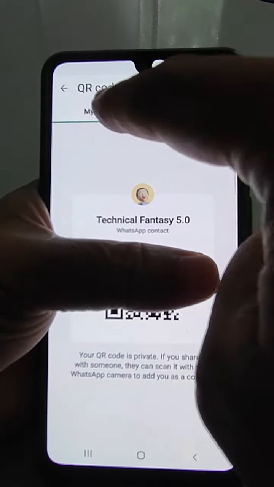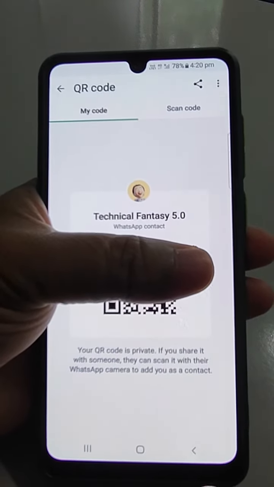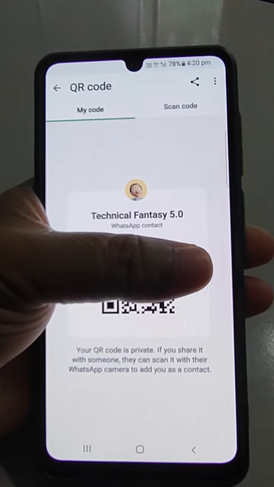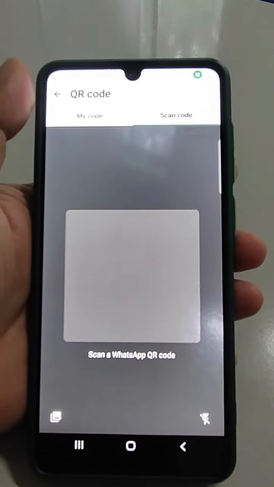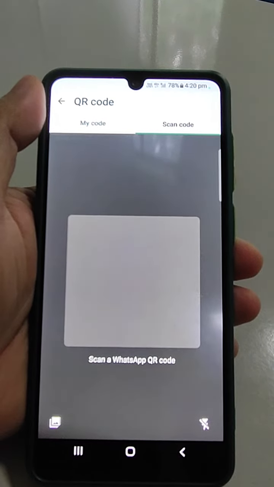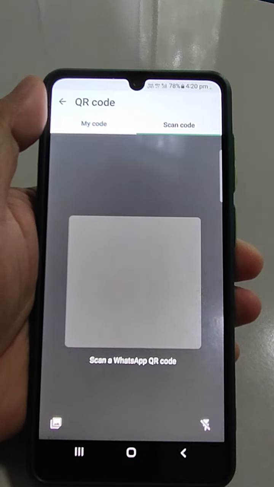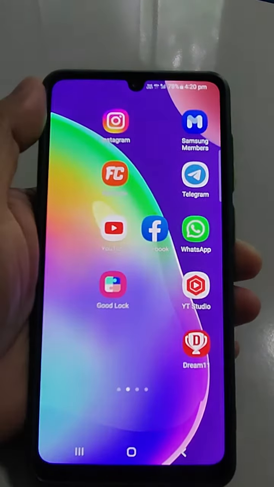So as soon as you tap on My Code, this QR code, this is my QR code, and your QR code is private. If you share it with someone, they can scan it with their WhatsApp camera to add you as a contact. So this is how you will send your QR code. From there you can take a screenshot and send it to anybody. So this is how you will send your QR code WhatsApp contact detail to somebody for adding your number into their